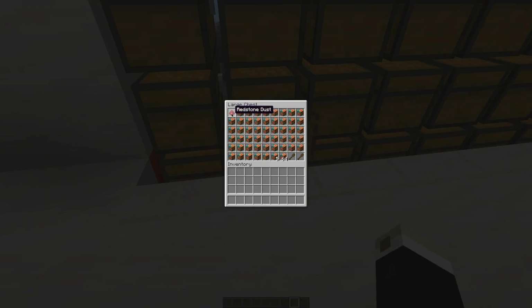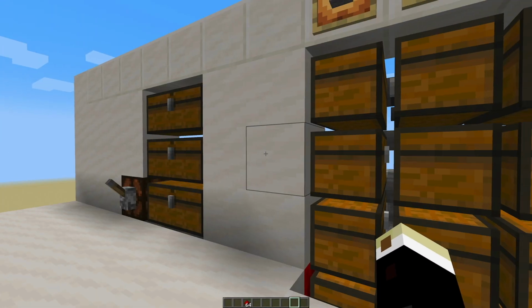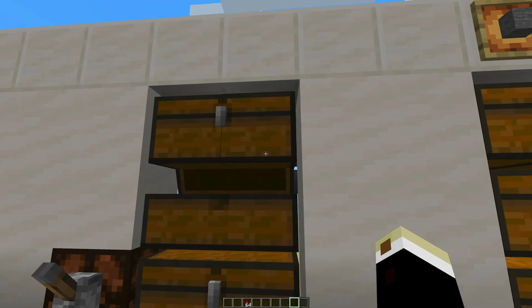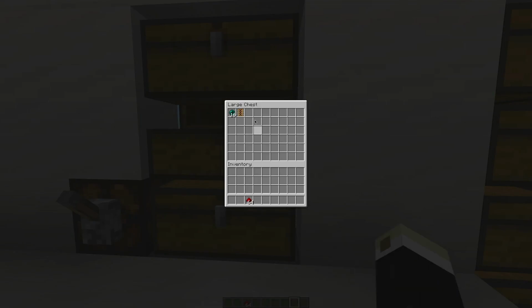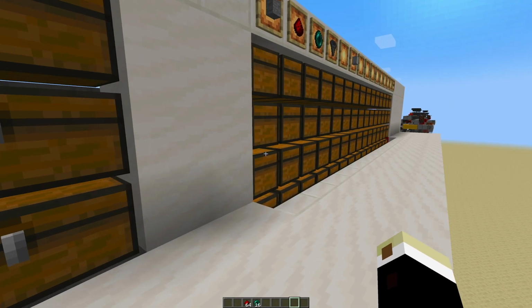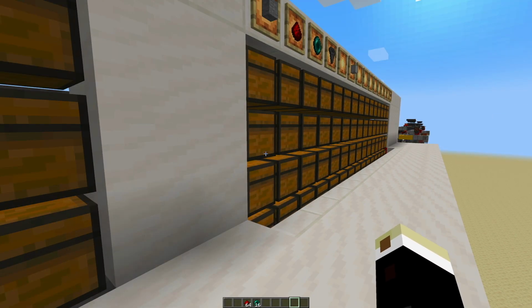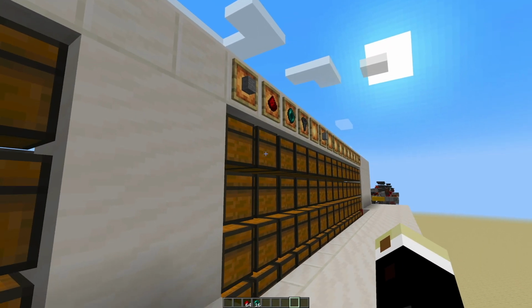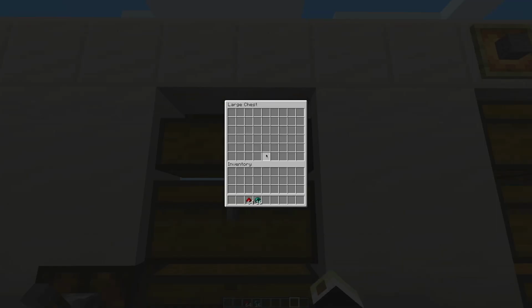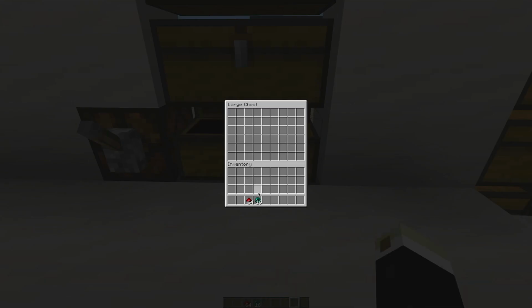Now this one sorts redstone, so let's try and put some redstone into the system. This here is the input chest. These are two overflow chests. So if something is not in the system, or if these chests are full, or if you put in a non-stackable item, it will return to these two chests right here. Now if we put in